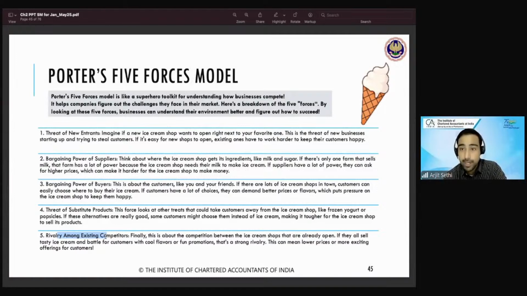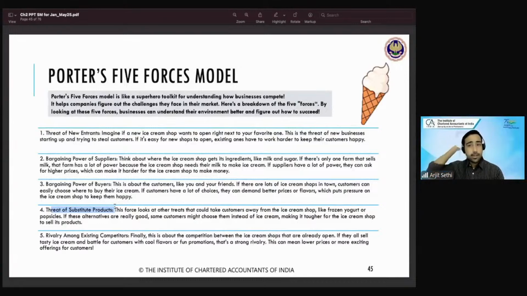Exactly, Pranav. Great point. This momo stand is actually a substitute product. Now, this momo person becomes a threat of substitute to the existing players. They're like, boss, now this guy has come and he's taking away the market. If somebody is eating momo, they won't eat dahi bhalla after momo, right? Generally, you might, okay, but generally they won't.